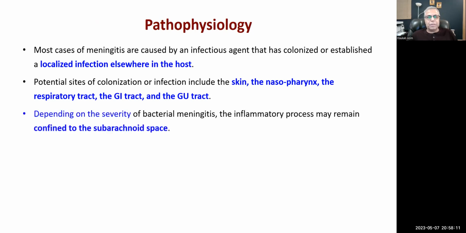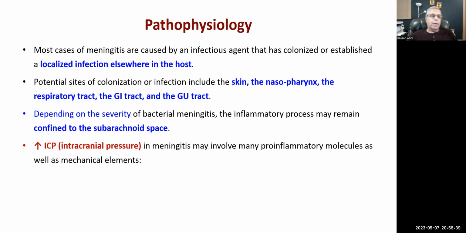And depending on the severity of bacterial meningitis, the inflammatory process may remain confined to the subarachnoid space. So the subarachnoid space, where you have the cerebrospinal fluid, is the most important thing. And that is why the gold standard for diagnosis of meningitis is withdrawal and examination of the cerebrospinal